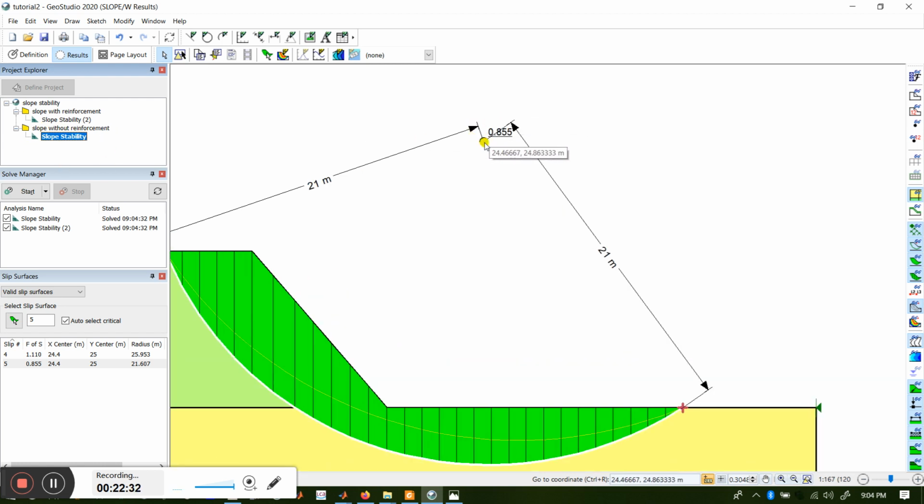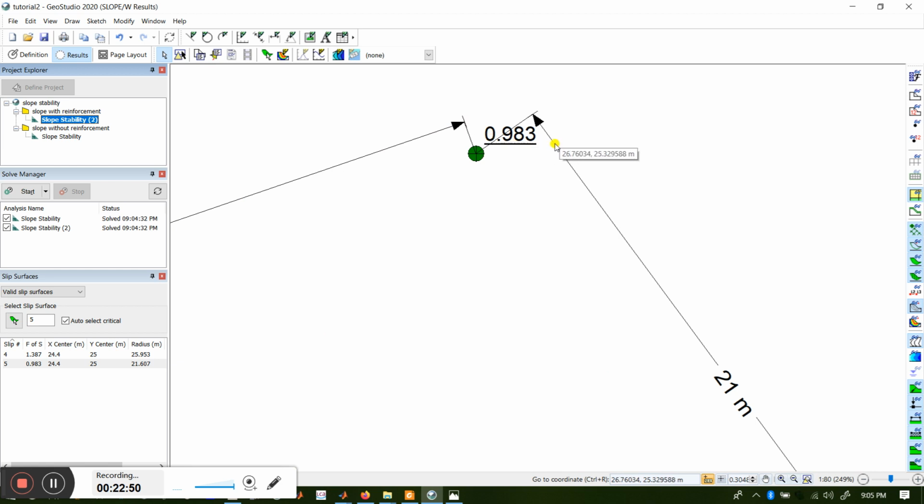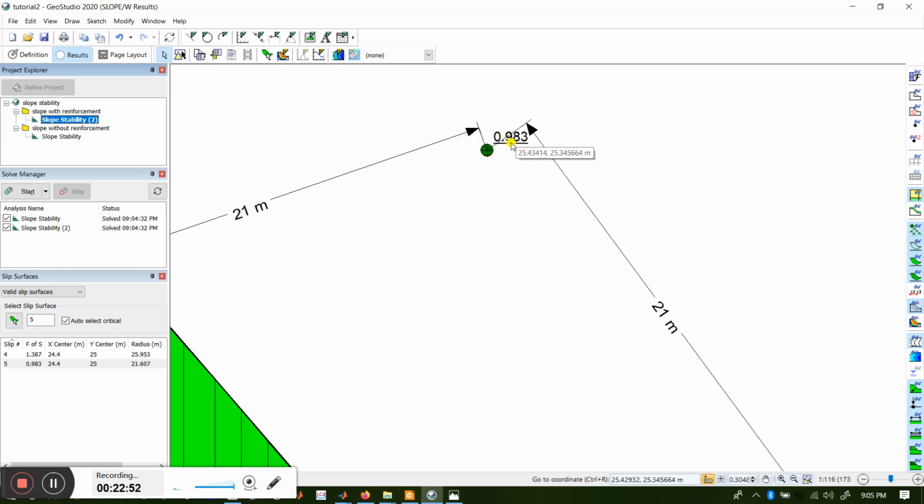Our factor of safety was 0.855 for almost a 21.6 radius. Now let's go to slope 2, or slope with geo reinforcement. Here, for a similar 21.607 failure circle radius, you see the factor of safety is 0.983.